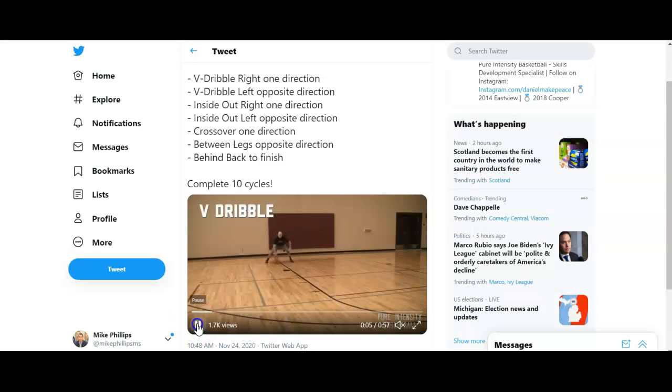So what you're going to have to do is you may not have access to a court, so you're going to have to find a garage, a basement, a hallway, somewhere where you have 15 feet in length. And 15 feet is going to be important. So baseline to free throw line, 15 feet. And so when you do this, in order for this to be equitable for all of the teams to compete,